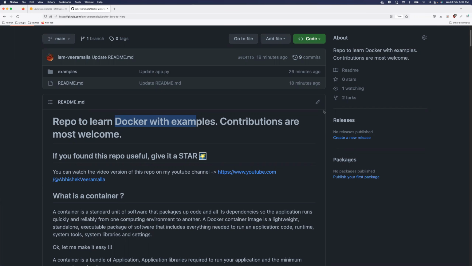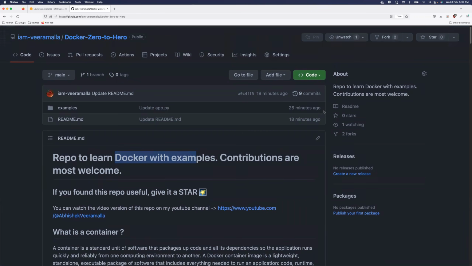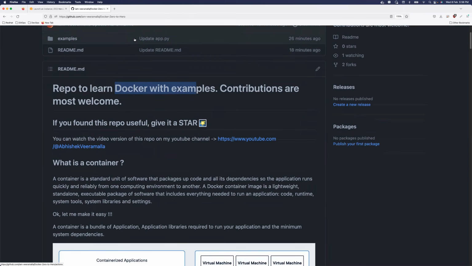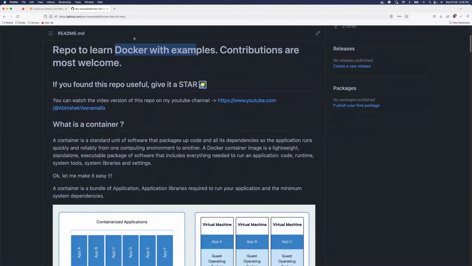So today is day 24 of our complete DevOps course, and in this class we'll be talking about Docker 0 to Hero. First of all, if you haven't watched the previous video, day 23, I highly recommend you watch that video because we covered the basics of containers. If somebody wants to understand the difference between a virtual machine and a container, or the basics and the inception of containers, definitely watch day 23 and only then proceed with day 24, that is today's class.